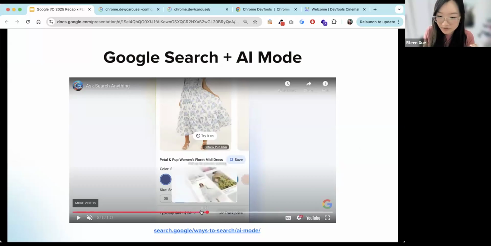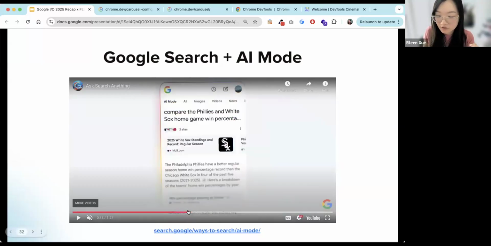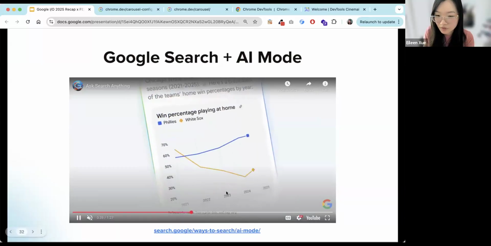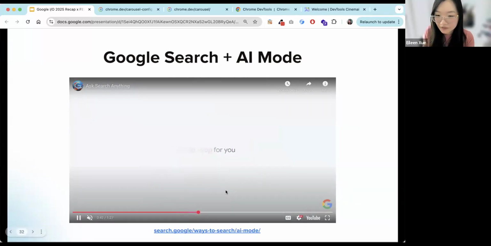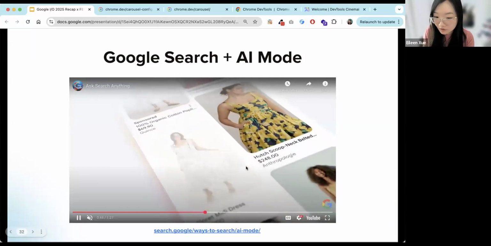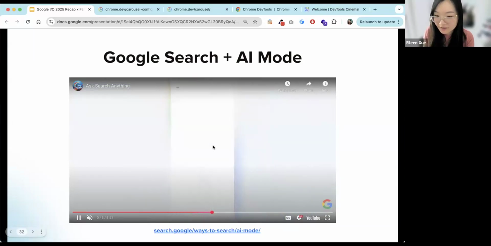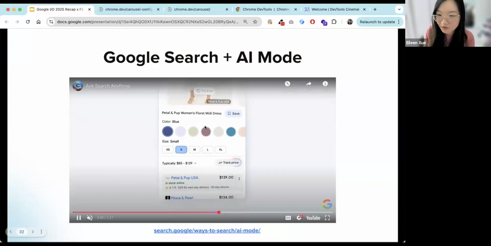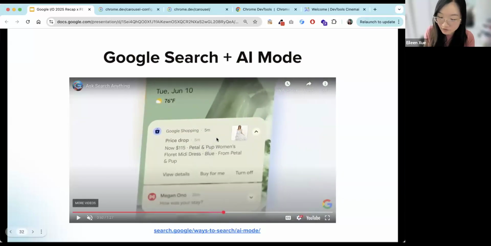And the reason I paused it here was another great feature. With shopping for clothes, you can look at a piece of clothing and have it create the look on top of your actual self. All you have to do is upload a picture of yourself, and then select the clothes you want, and Google will do some magic and apply the clothes on your picture, at least not in person, but on your picture. I was able to test that at Google I/O, and it was really, really good.